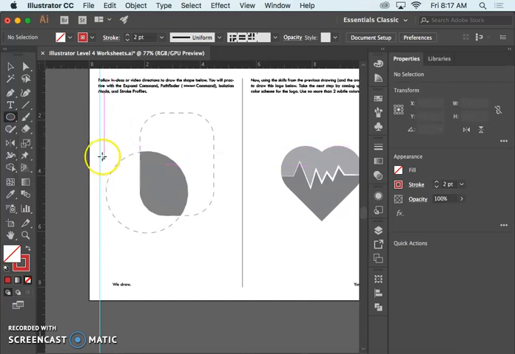I'm going to use my ellipse tool. Keep in mind, guys, if you are having a hard time, I'm holding down the shift key, but if you are having, just kidding,